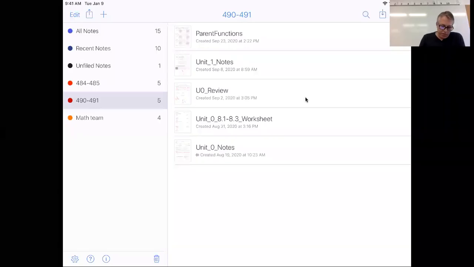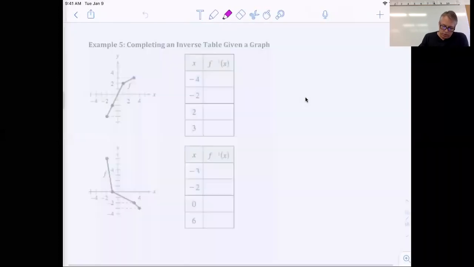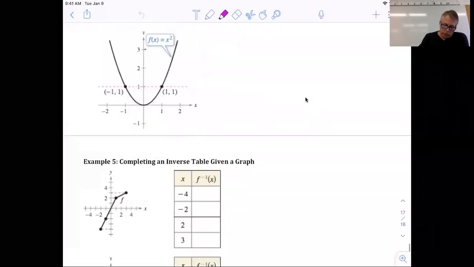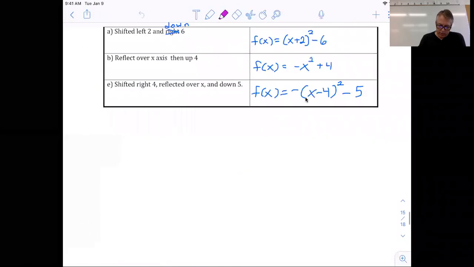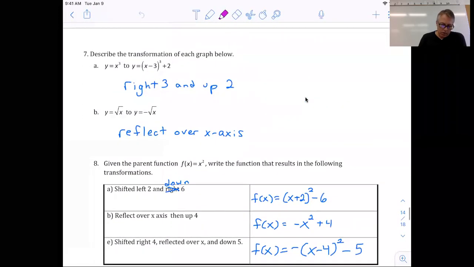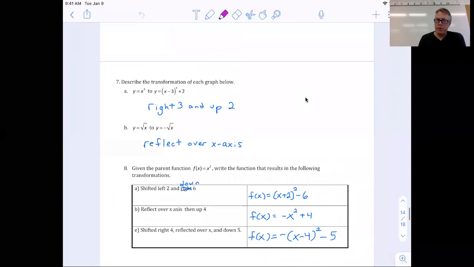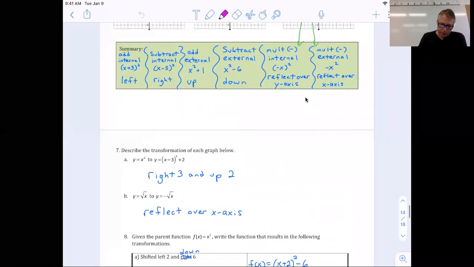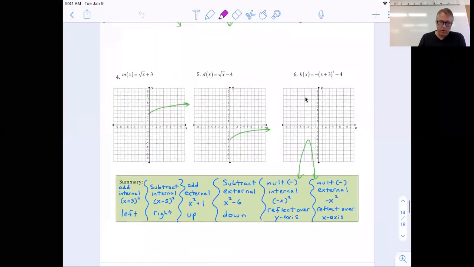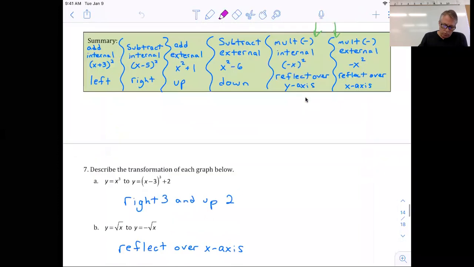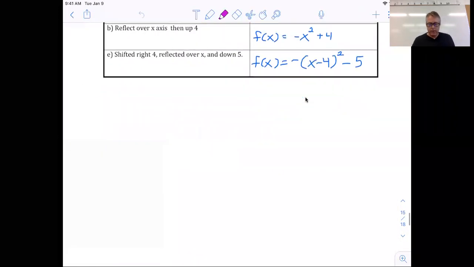So in our 490, 491 folder, we're going to go to our Unit 1 notes, and I'm going to scroll to where we left off in our last class. And we were talking about these transformations, just like we just did on the Kahoots. Moving up, down, left, and right. And we had all these parent functions that we were applying those rules to. So what I want to do now is the last section is on